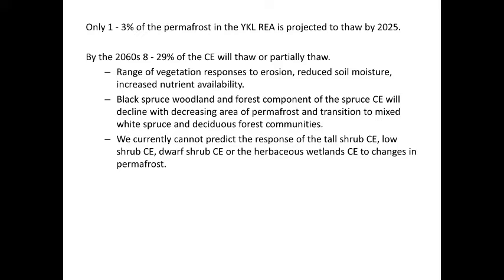terms of the vegetation, and I'll get to the limitations of it right now, but I think the next slide is the limitations. I think Nancy already presented this, but one of them is the black spruce. The black spruce woodland and forest component will probably move towards the deciduous and aspen and paper birch component. But it's not a simple thing to do, and I'll go into a little more detail here.